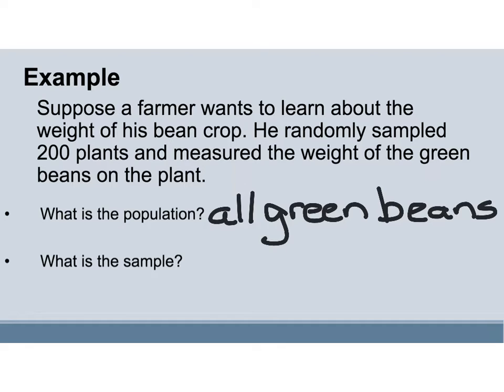So instead, he did a sample, and it tells you there he randomly sampled 200 plants. So the sample is the 200. Well, let me say that again, because that's not 100% right. Because we are talking about the green beans, not the plants. So, the sample is the green beans